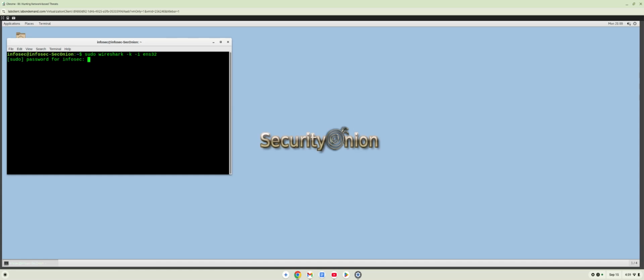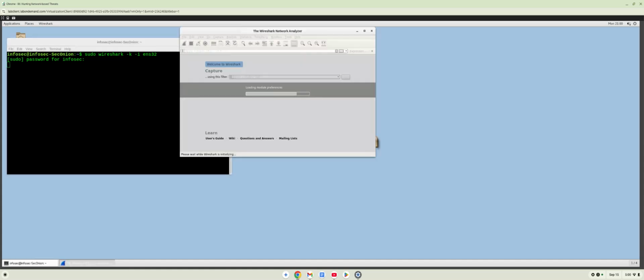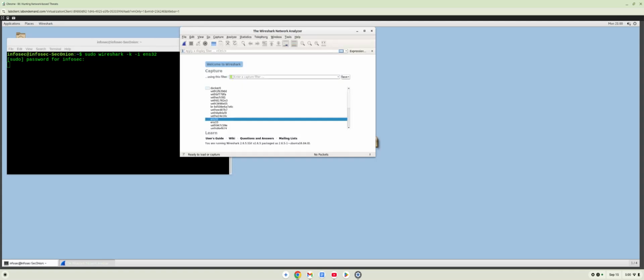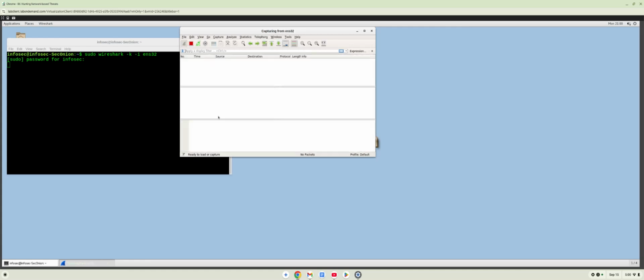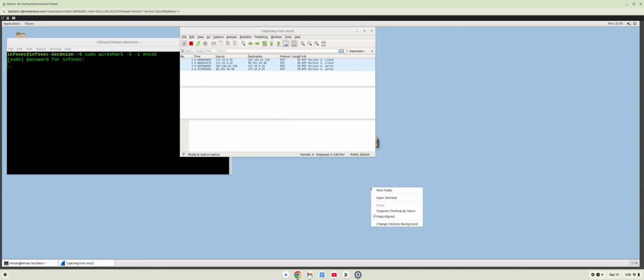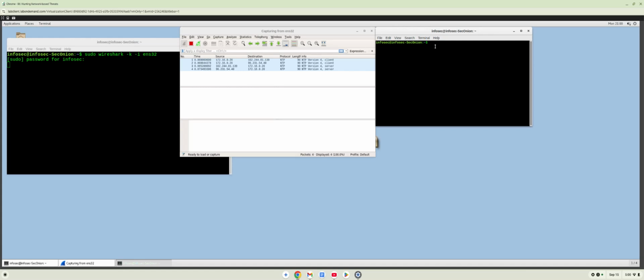All right, put in my password. All right, Wireshark's booting up. If you get a quick glimpse of it, you can see that it's on ENS32 already, and it's booting up there. So I'm going to open up another terminal,